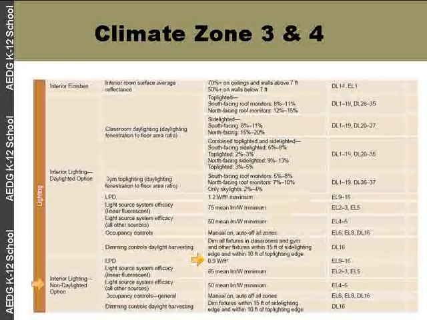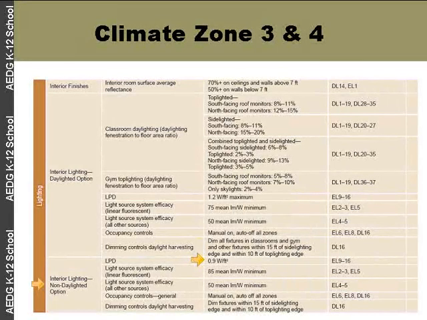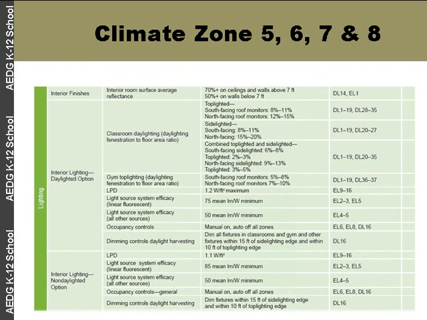little more benign, let's call it, from a heating and air conditioning standpoint, at least in parts of those climate zones. So they needed more energy savings from the electric lighting system to get that full 30% energy savings. So that's why we see a little bit lower watts per square foot in climate zones 3 and 4, just to beef up the savings we were getting from the lighting system. In climate zones 5, 6, 7, and 8, we can see that number has gone back up to 1.1 in the non-daylighted classroom